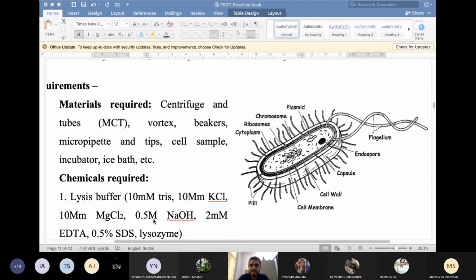What substance can you grind in your mixer grinder? Yes, sir. In a mixer grinder, what type of substance can you grind? Semi-solid, solid. A solid substance you can grind. If you solidify your cells, then you can grind them. When you grind them, you can break their cell wall. This process you can simply do.